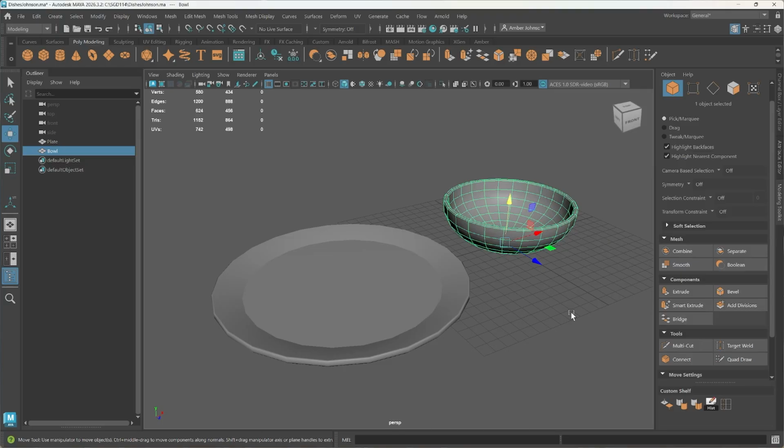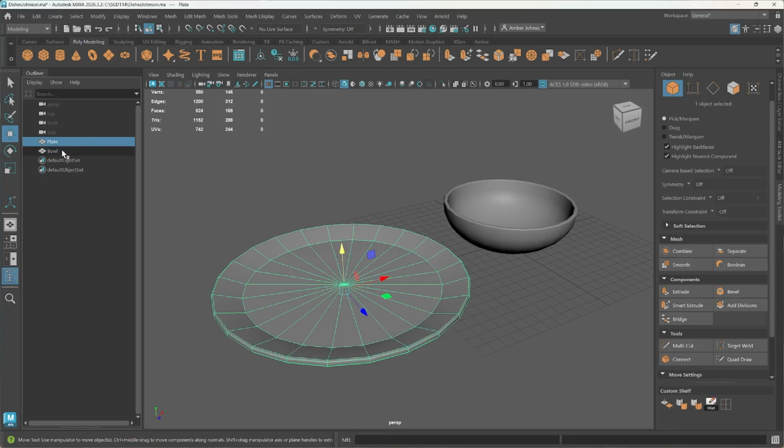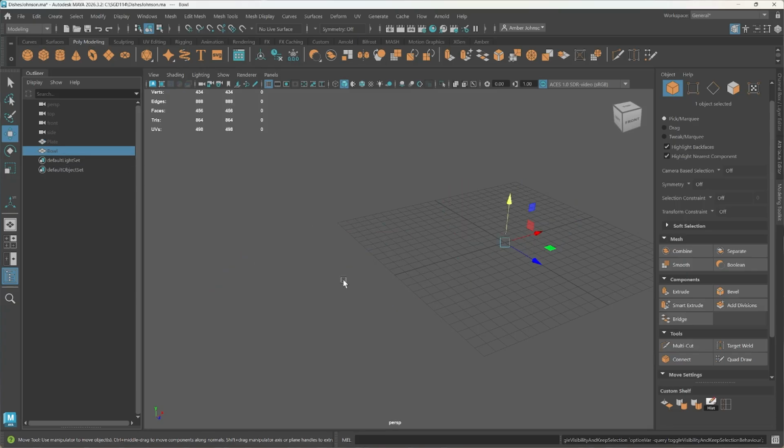The expectation is that you have worked through these previous two videos, so while we will be reusing some of the tools that we used in these ones, I won't be going into as much detail with using them as I did in the previous ones, so that I can show off the new tools. So first, let's hide the plate and the bowl since we do not need to see them as we create